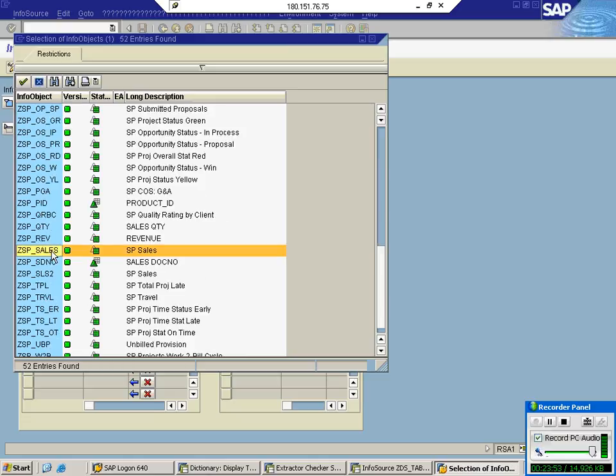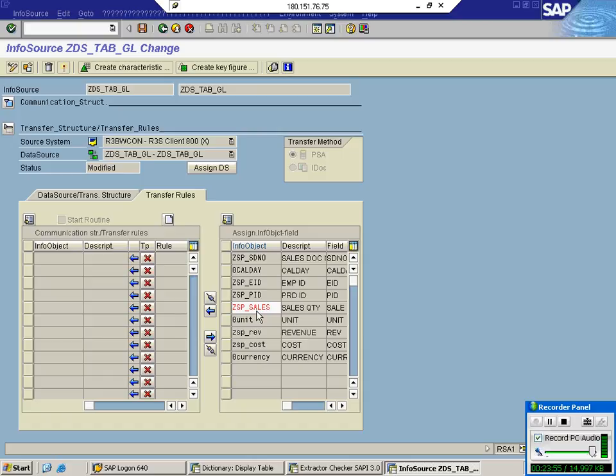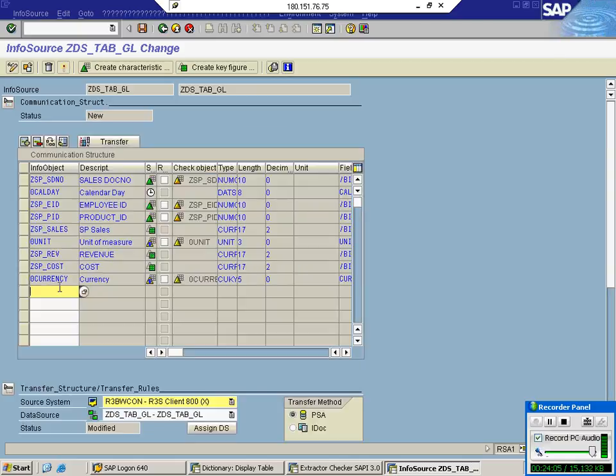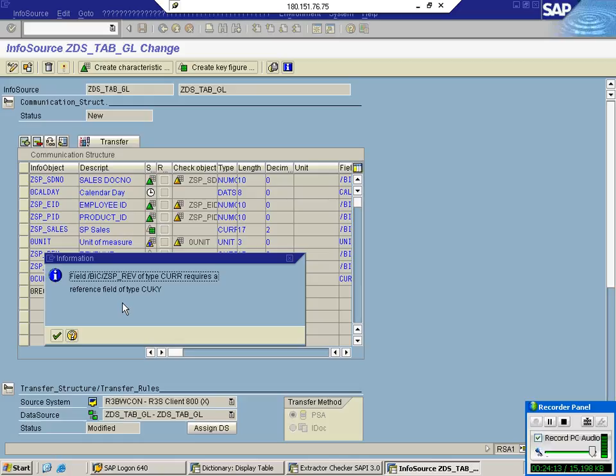Sales. Just go with what to do? Propose one-to-one mapping. So what is our target? DSO. When you are loading data to DSO, we have to use 0RECORDMODE. That's what I was talking to you about.